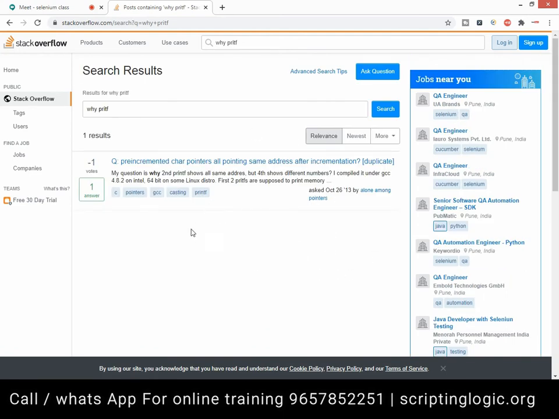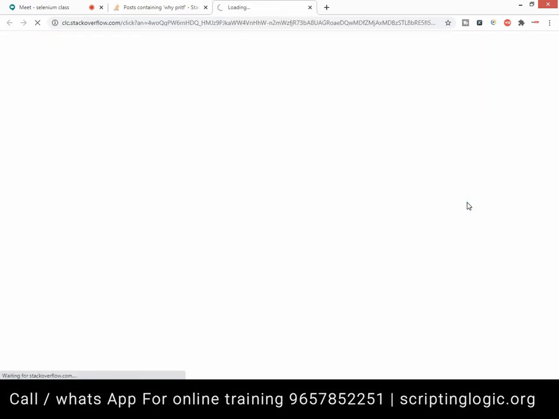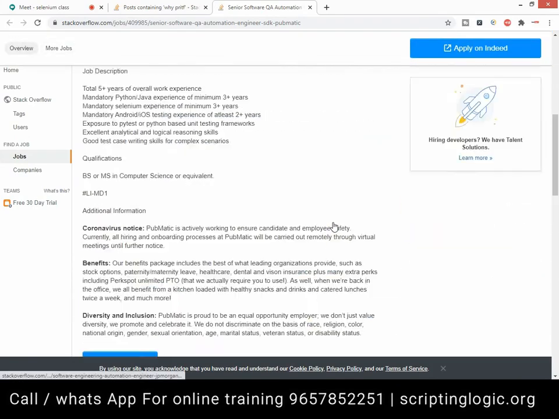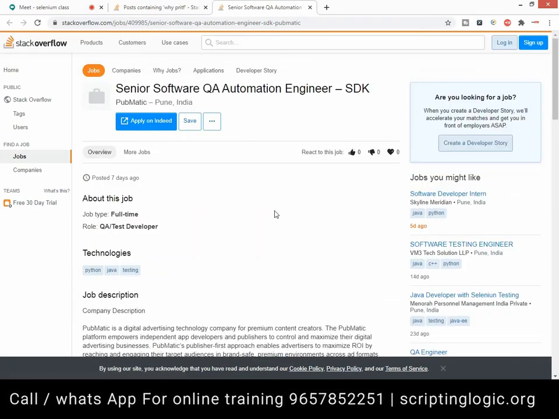When somebody resolves an issue, other people give rating to him, and based on his rating, he gets recognition. Generally in the resume, people add their Stack Overflow score, right? This is a very reputed website, and if you have a good score here, you will have good recognition in the industry, right?